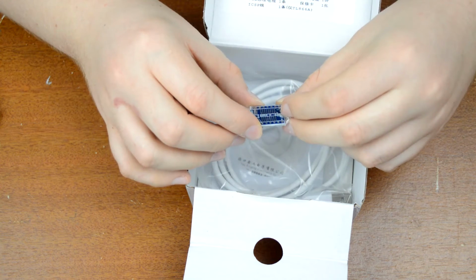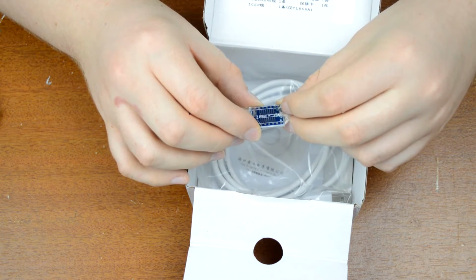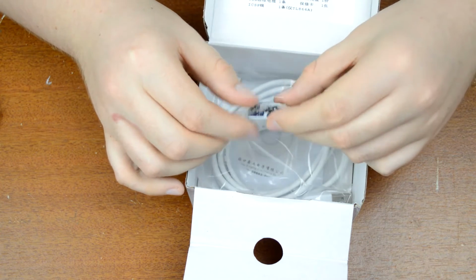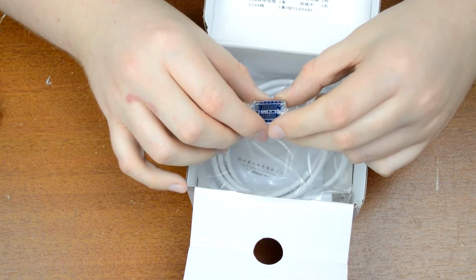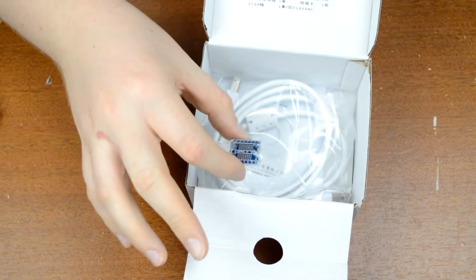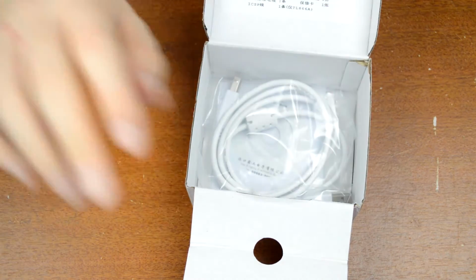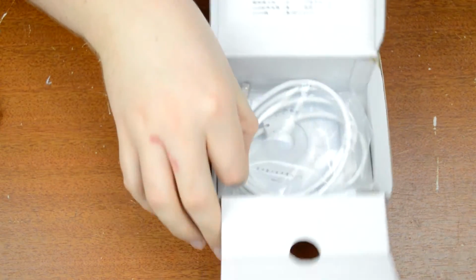This is a SOP 8 and SOP 16 breakout board. It's not soldered or anything, probably to save space. I don't think I'll ever use these. I think these are sort of your last resort, just for messing around with stuff. And then we have,